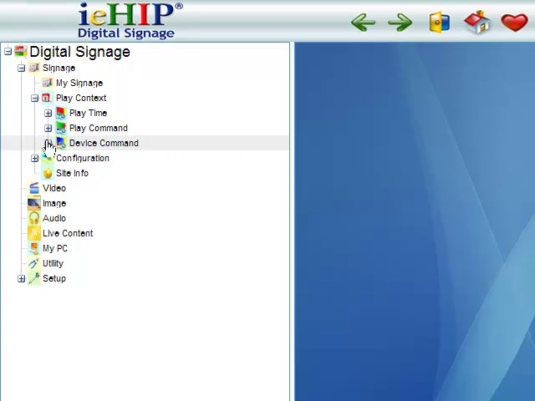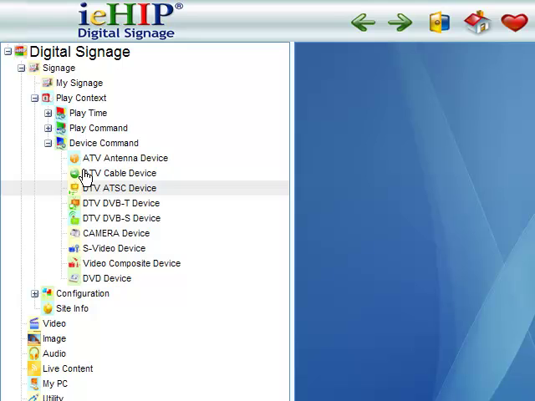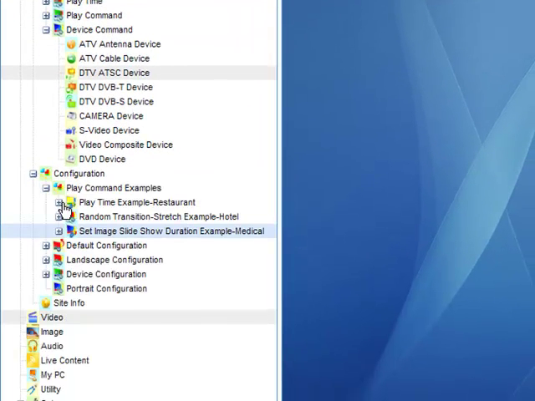to the device commands. Now, device commands give us the ability to play TV, camera, DVD devices. Now, the TV commands will require a TV tuner device and proper cables between the PC and the display. I'd like you to see the video on playing TV and signage to see how we use some of the TV commands. Now, in the device configuration folder, which we'll open,